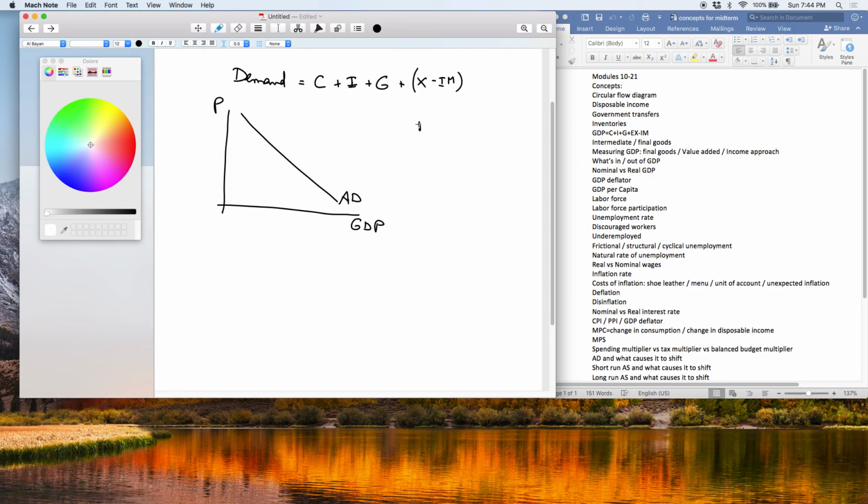Right? In other words, when prices go up, the value of wealth decreases, and that causes people to spend less. So there's a negative relationship between price level and consumption. And since consumption is a component of aggregate demand, we're saying aggregate demand is a negative function of the price level. Okay? And again, if consumption increases, investment increases, government spending increases, or net exports increase, it's a rightward shift in the